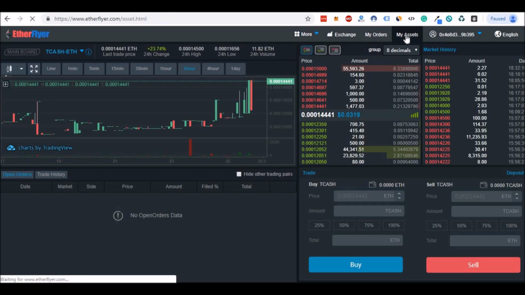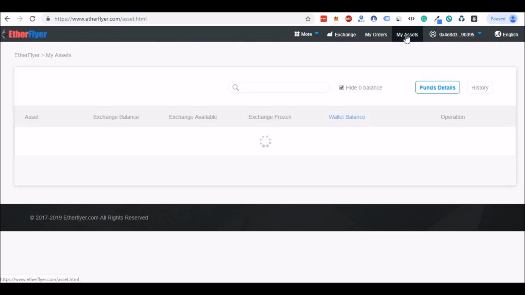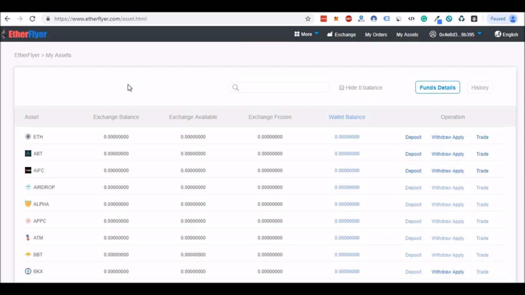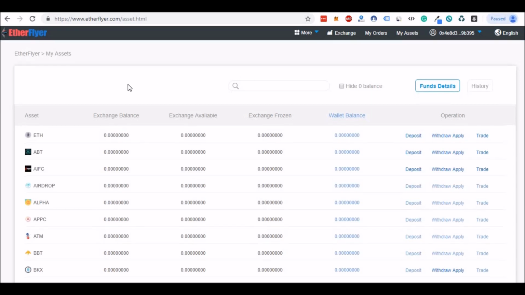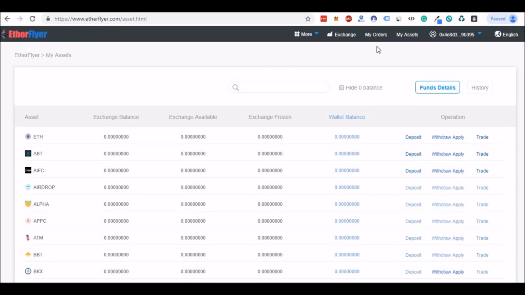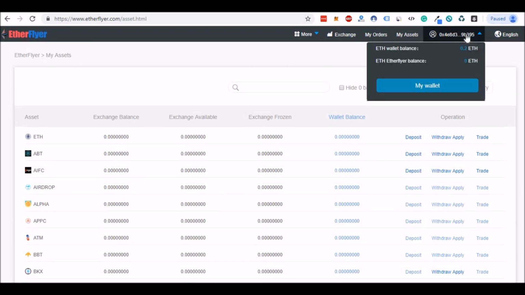You have to go on my asset, uncheck hide zero balance. From here you can see how much Ethereum balance you have.